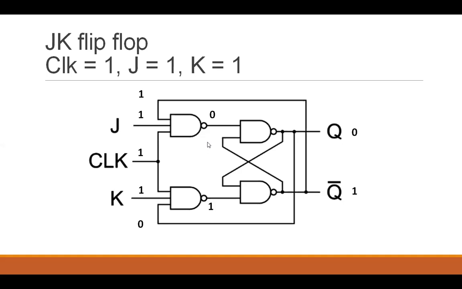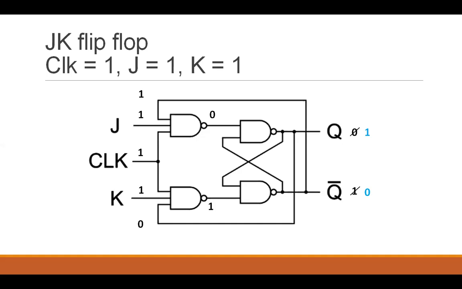Now, to use the truth table of the SR flip-flop, we know that if we have a 0, we are going to have a 1 here. The new value of the Q is 1. And that one is being fed with the 1 just below, and 1.1 is going to make the Q complement 0. So we have evaluated the circuit, but it is not going to just stop here.